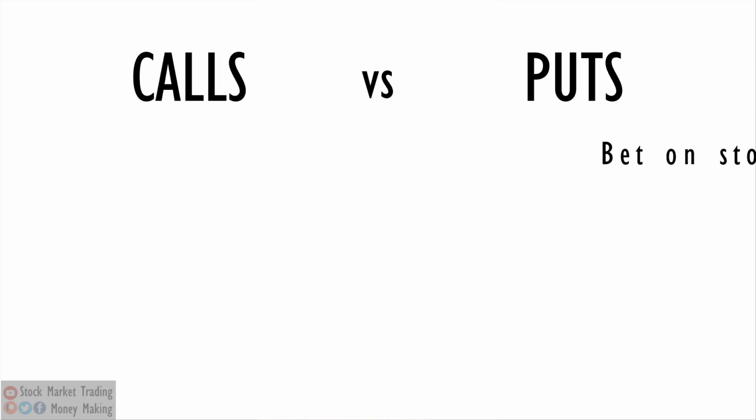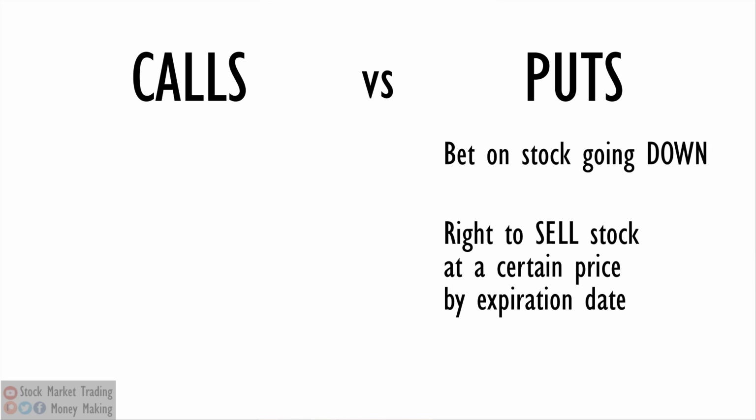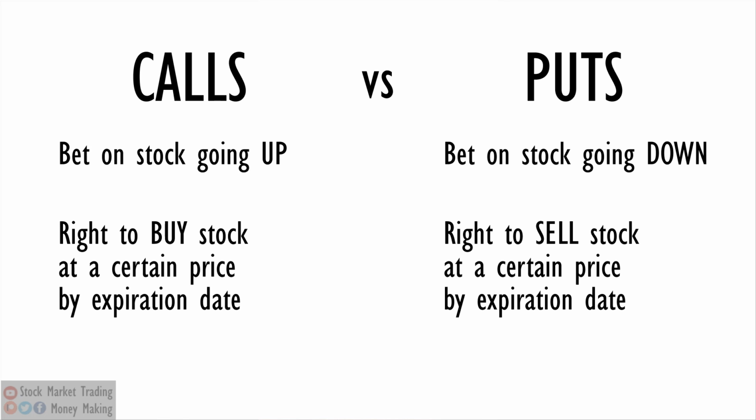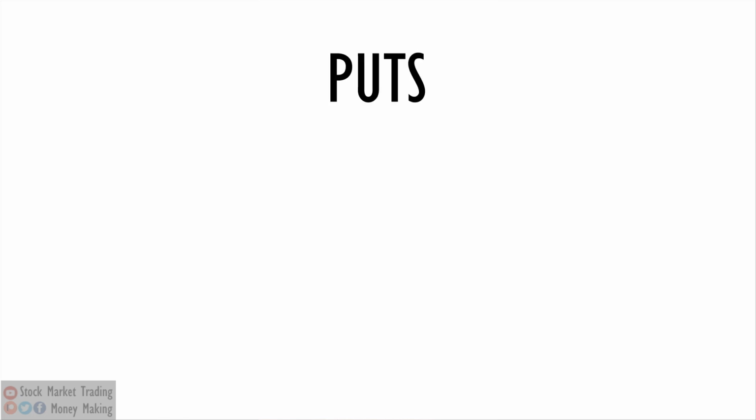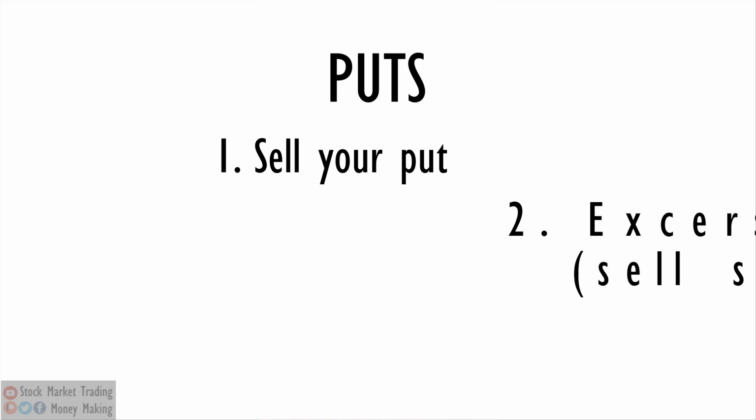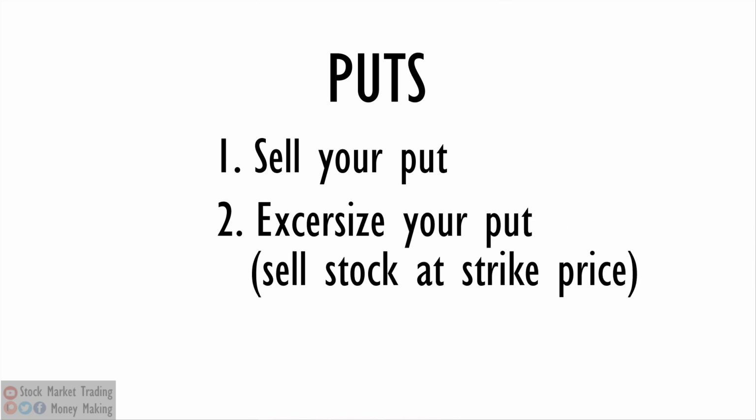So buying calls is a cheap way to profit on stock's upward movement without risking much capital. Now what about puts? Puts are very similar to calls, except the main idea behind puts is to profit on stock's downward movement. So when you buy calls, you're hoping for the stock to go up, but when you buy puts, you're hoping for the stock to go down. With puts, just like with calls, you have two choices. First, you can just sell your put, hopefully for a profit if the price of the underlying stock went down. Or second, you can exercise your put at the strike price and sell the stock at your strike price.